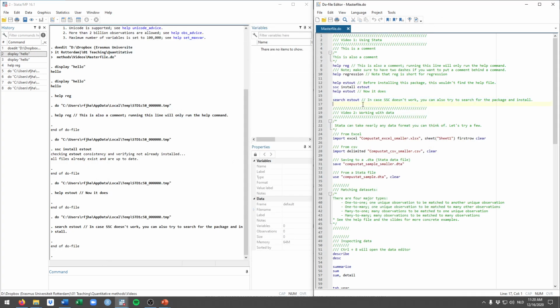That's all that I want to show for now on how to use Stata and how it works. As I mentioned, in the next few videos, we'll actually get our hands dirty. Specifically, in the next one, I'll show you how to work with data, how to edit data, etc. And then quite quickly, we'll move also to empirical work, like how to do regressions, how to create tables, and all these sorts of things.